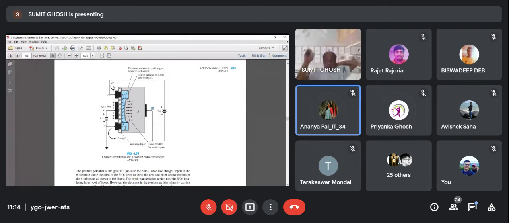And this other n-type is at what potential? Some potential which is VDS. There is a positive potential at this n-type and zero potential at the p-type. So basically, the p-type is connected to the ground. So there is a depletion layer because the p-n junction is formed. And as you see, this is an induced channel.